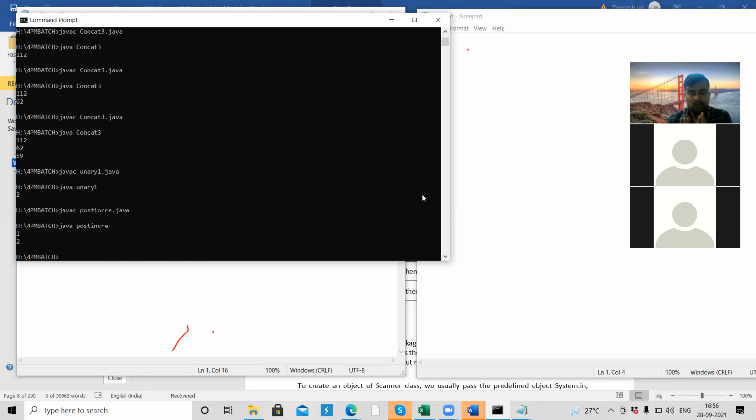So I think now you got the difference between pre and post. Pre means first increase and then store. Post means first store and then increase. But in both cases, it increases by 1 only.